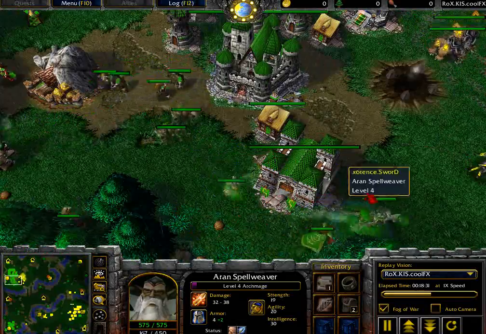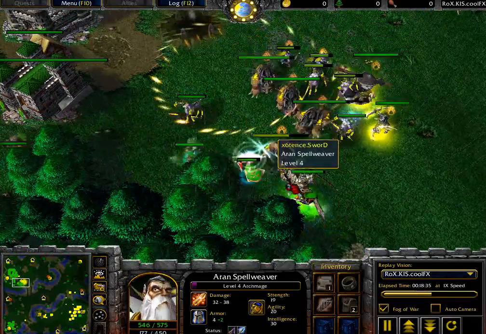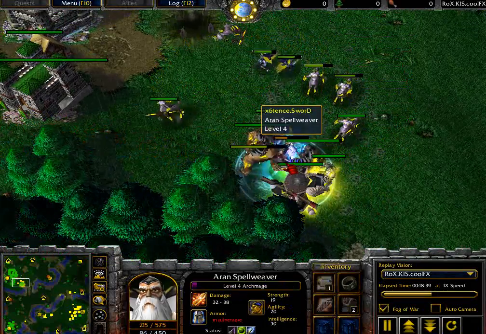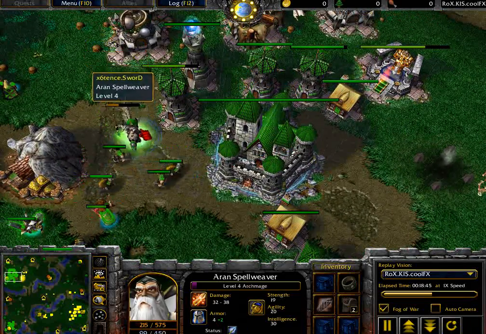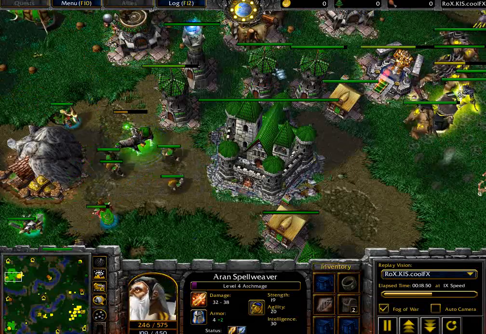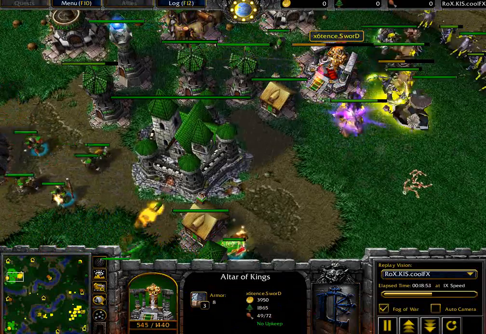We have Invisibility being casted on Sword, Reveal being casted as well, and quickly getting Abolish Magic. Wow, Please just on top of that, being forced to use that Scroll of Town Portal, seeing the Invisibility being casted, and that was a great reveal coming in. Wow, that was awesome. Anyways, heading back to the game right now, Altar of Kings going to be taken down,